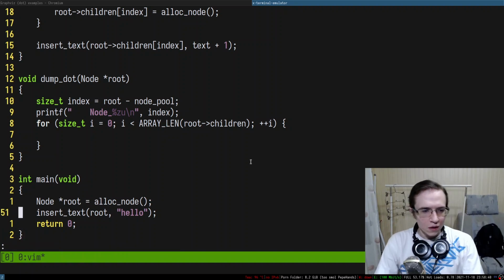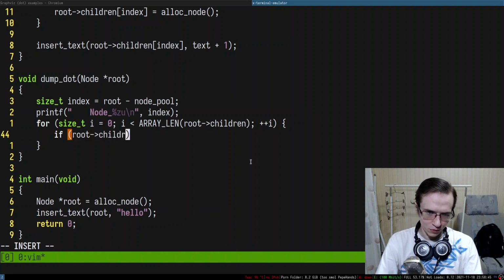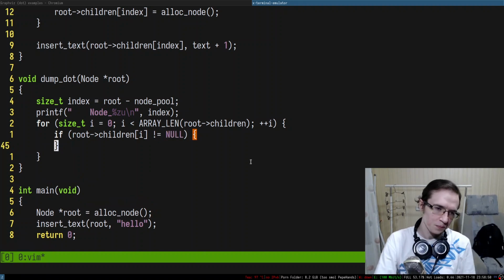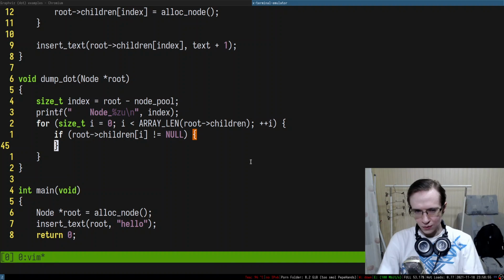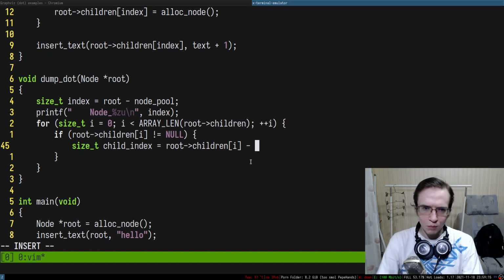Anyway, so let's continue. We need to iterate through all the children, and we only care about the children that are not null, right? So we want to do something like children[i] not equal to null. If it's not equal to null, we want to have a child index. So let's define child index: root->children[i] minus node pool, and that gives us the child